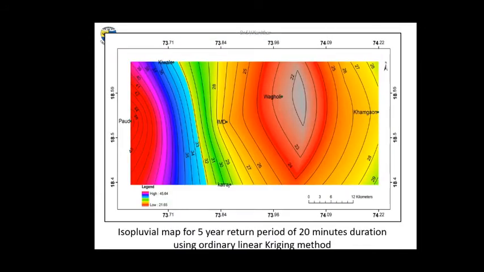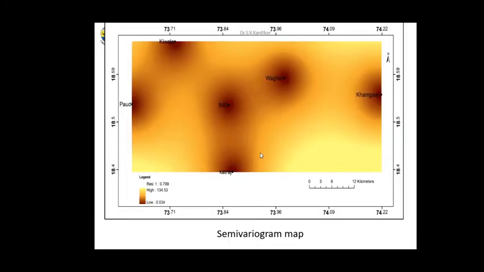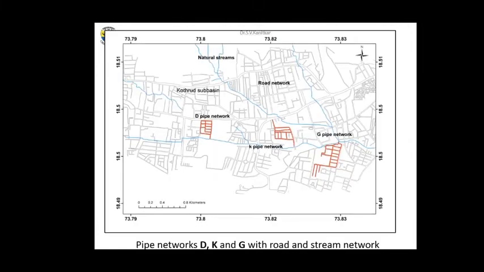If you are using the Kriging method, then you also have this variogram, so that helps you to understand how the variation is taking place and accordingly do the accuracy assessment. Now this is what you have as a small catchment. In that again you have small networks to be designed. Say for example, this particular D pipe network, A pipe network, so different numbering you can give, and the outfalls are near those natural streams.